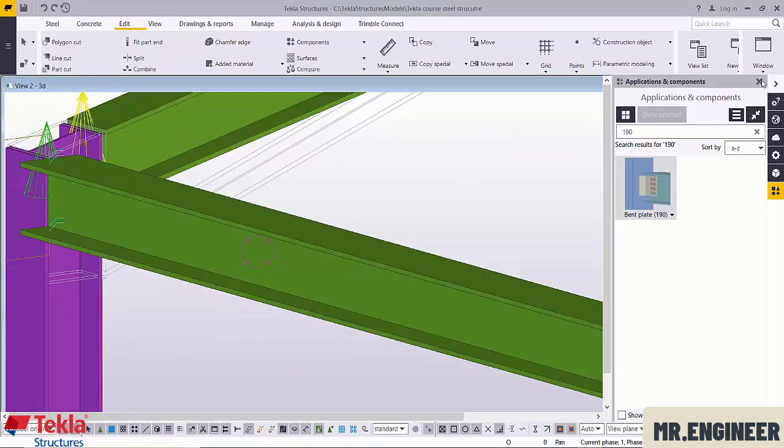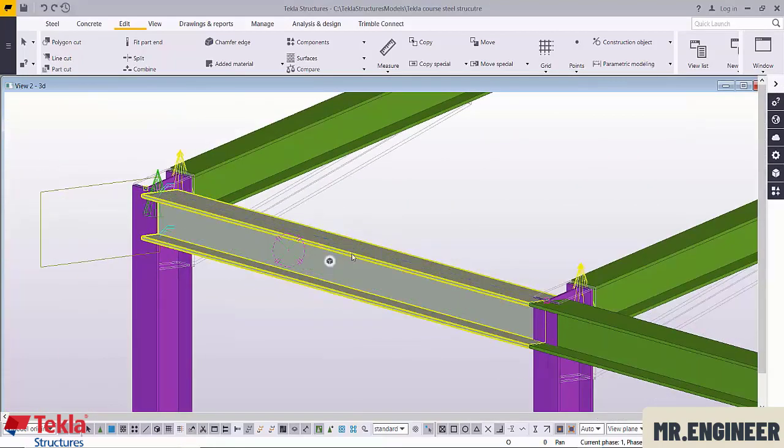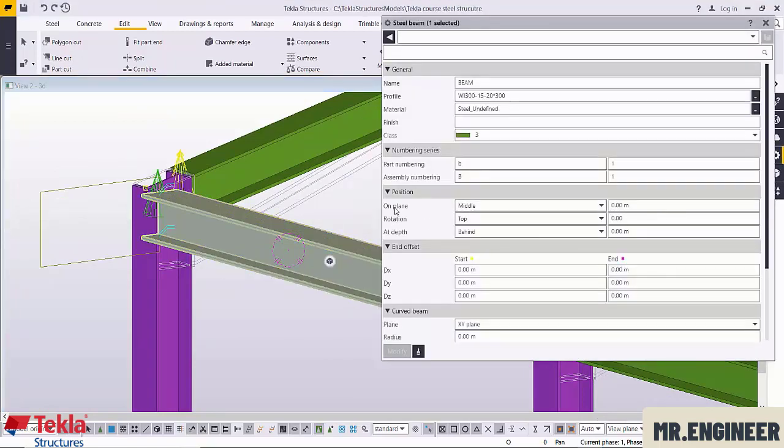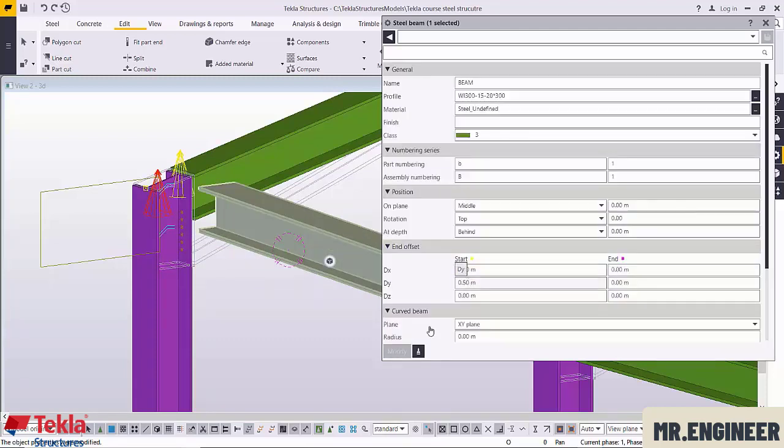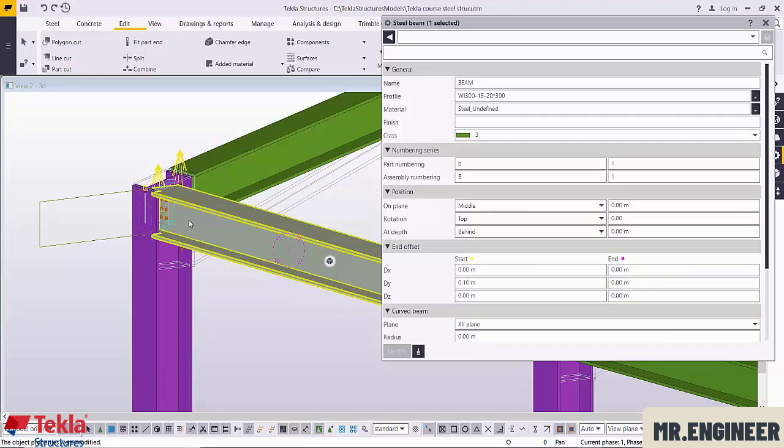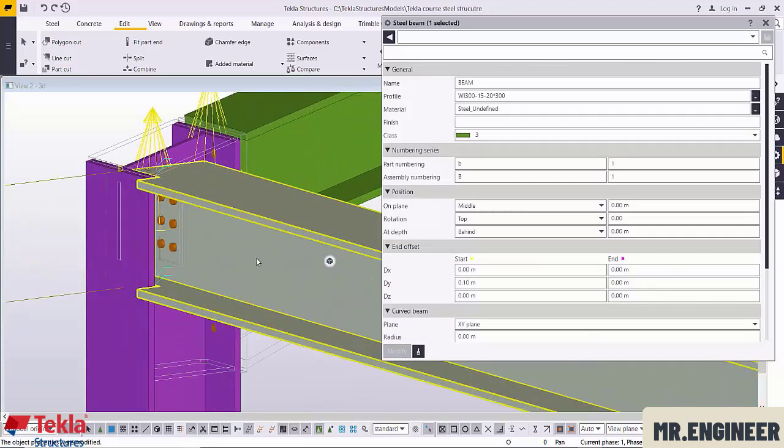Now if we double click on these beams and we go to DX 5, we move these beams